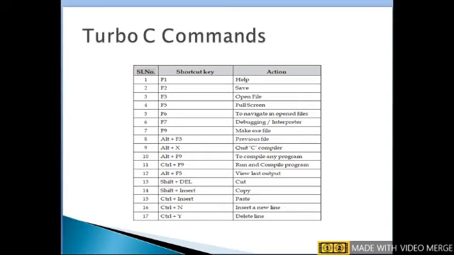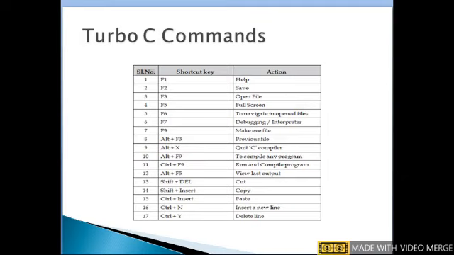Turbo C commands. These are the commands we use in the Turbo C editor. F1 is used for help. F2 is used to save a program. F3 is used to open an existing file.